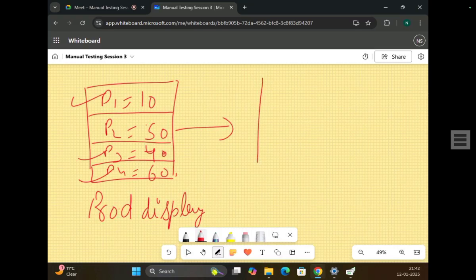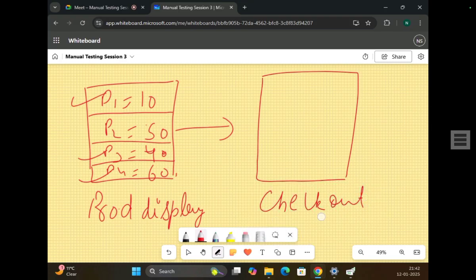Now this is the checkout page. P1, P3, and P4 were added to the cart, so the checkout page should display the total as 10 plus 40 plus 60, which is 110.